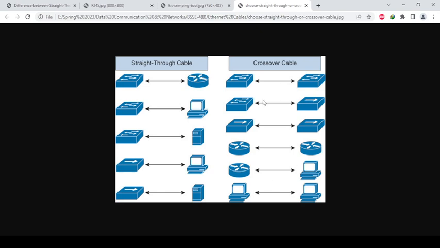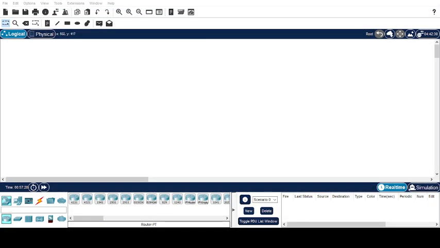These are different examples of straight through cable and crossover cable, and we are also going to try to make them. So let's switch to Cisco Packet Tracer and try to make those connections. For example, if we are going to connect a PC and a router, any router,